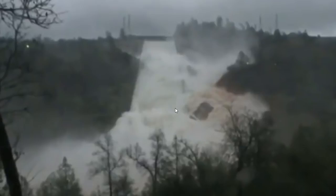But with the 3,537,000 acre-foot reservoir filled to 101% of capacity, officials assured the public that the water would flow evenly over an emergency spillway on the south-facing side of the dam. Law enforcement sources told Preston the National Guard out of Redding was being mobilized for disaster deployment. Now, what they had done was last night, it said the crisis situation has temporarily faded with the primary spillway jettisoning water out at a rate of over 100,000 cubic feet a second, bringing the lake